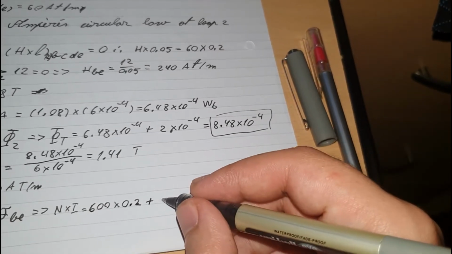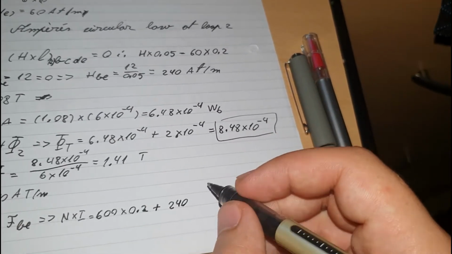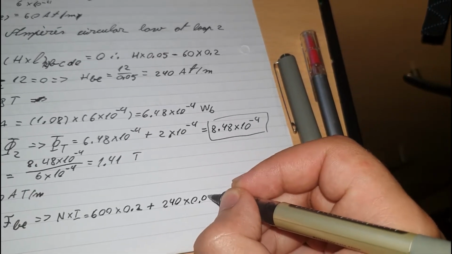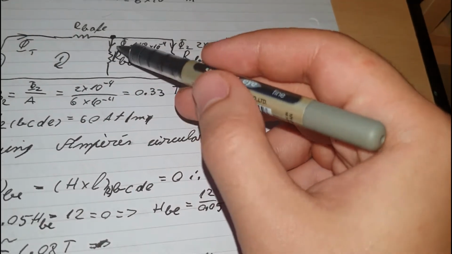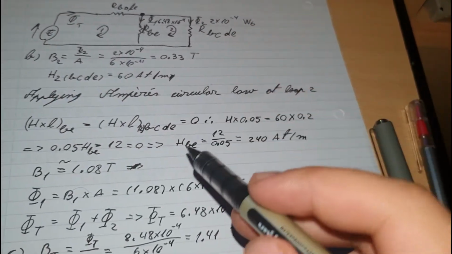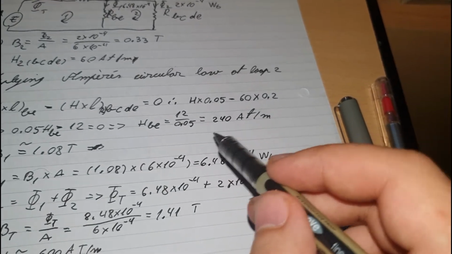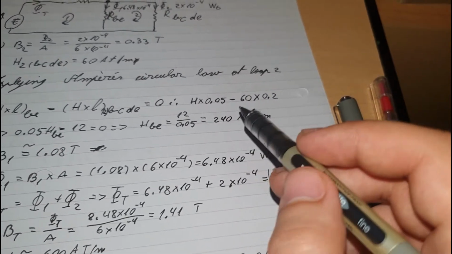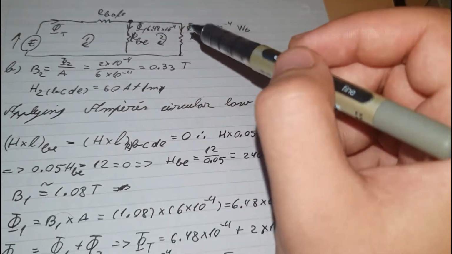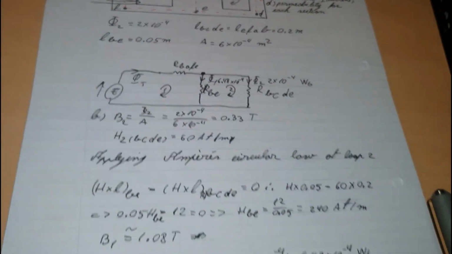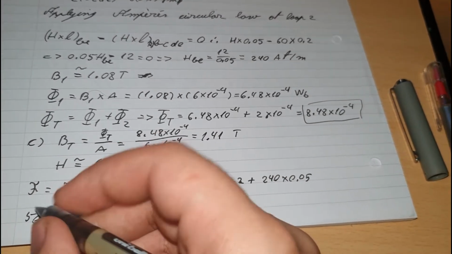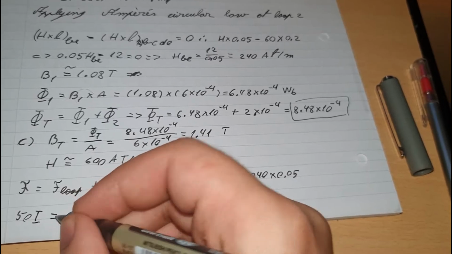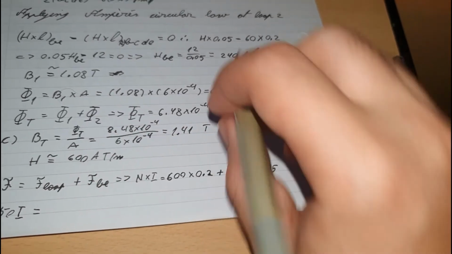Plus 240 times the length, 0.05, because we already know the values inside this one. We already know the magnetic force is 240, and we already know the length because it's given here, 0.05. So we simply multiply them together, so that will be 50i equal with this one should be, let me check,